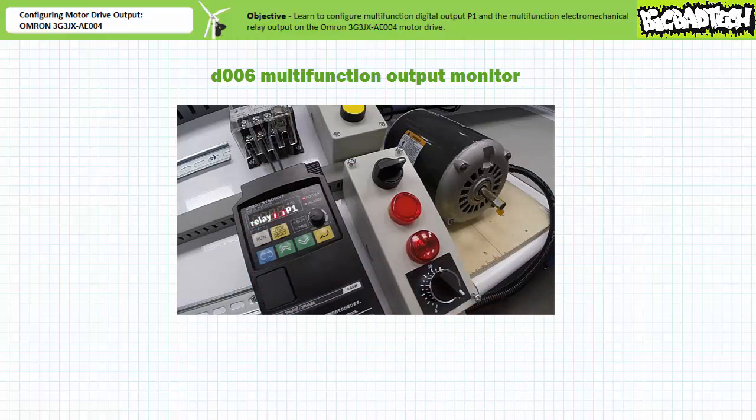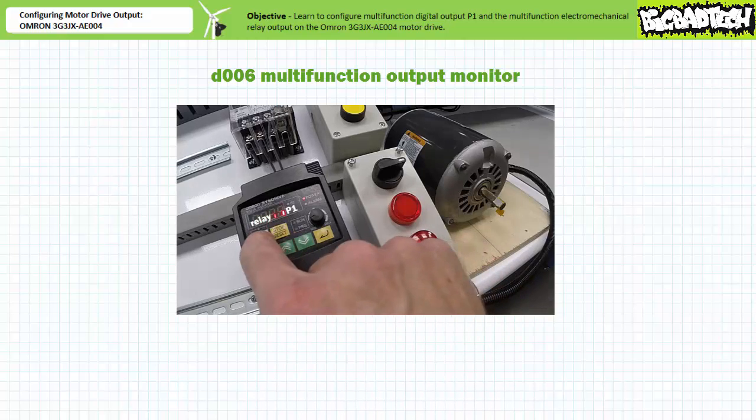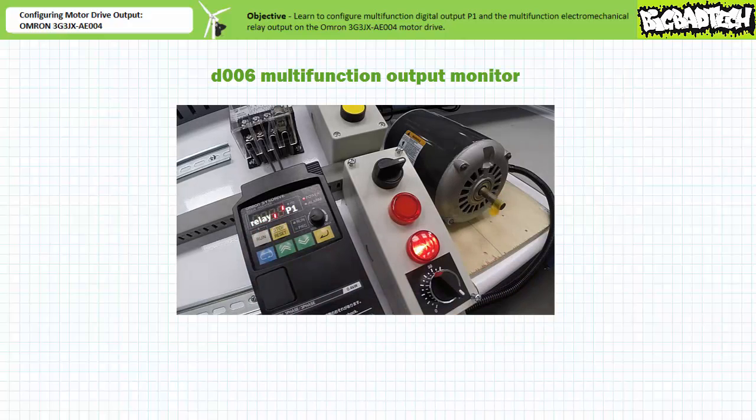The one on the right is P1. The one on the left is the electromechanical relay. Both indicators, being on the bottom half of the data display, show that both P1 and the electromechanical relay are not currently energized. When an operator presses run, the data display indicates P1 executing the run function is energized, and